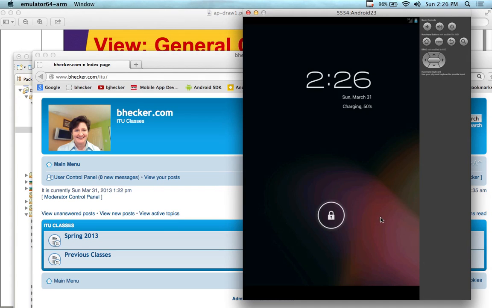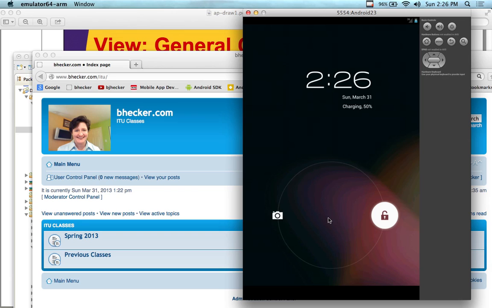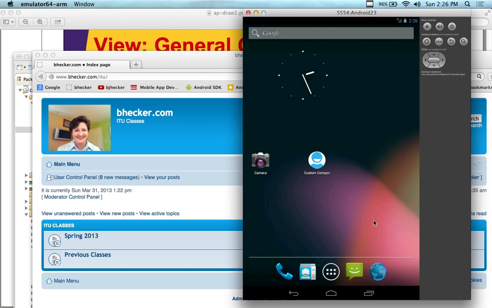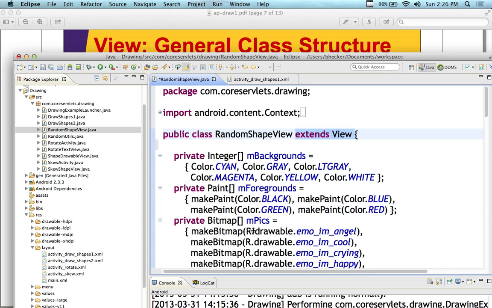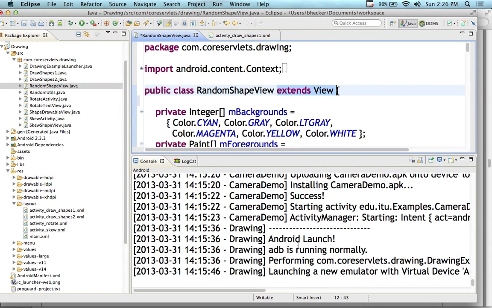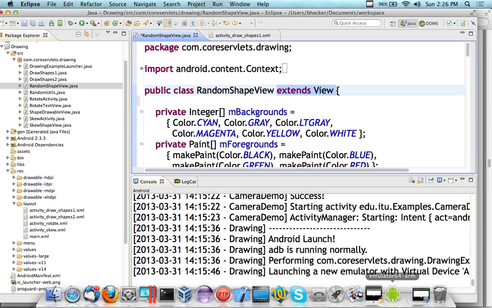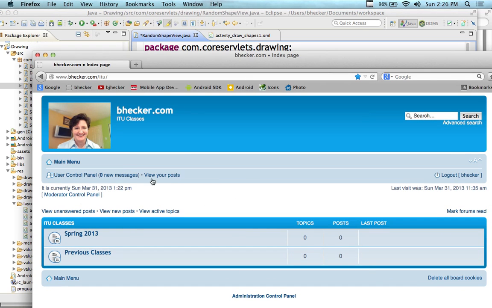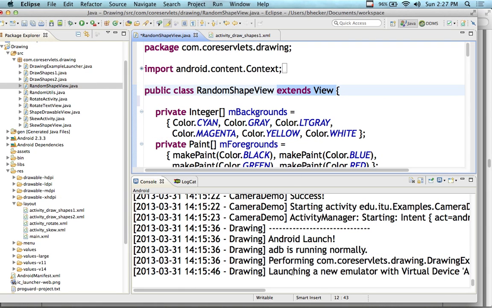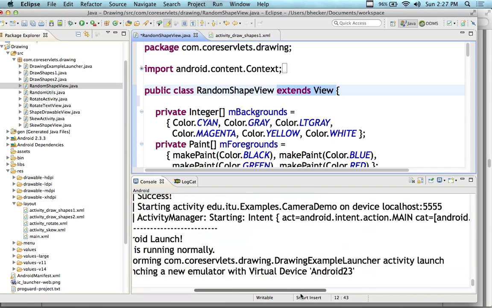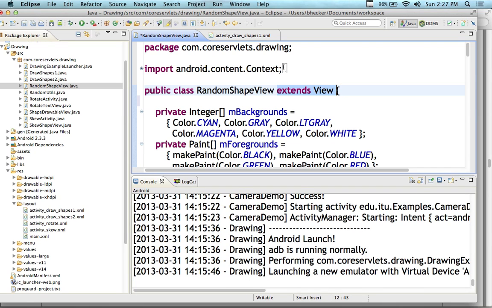And, oh, we're getting farther. We aren't going to load, are we? Let's see what happens. We might be installing right now. Let's see. I launched it. Has not installed it yet. We'll just give it a few more minutes and see what happens. I might just leave this emulator up just in case I need to use it again. Oh, look at that. This is back up. Oh, but we're not running. Okay, so I'm not going to be able to use the internet. Okay, we'll just leave that alone. Waiting for this to launch. So it's actually performing a launch on the virtual device. Android 2.3, that's good. Let's give it a few more minutes, so be patient to see if it will actually